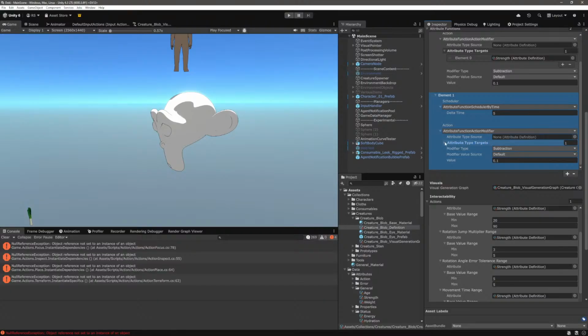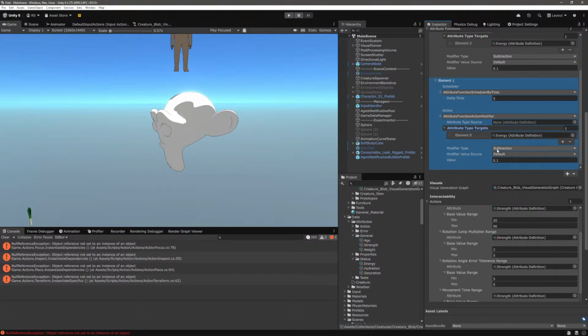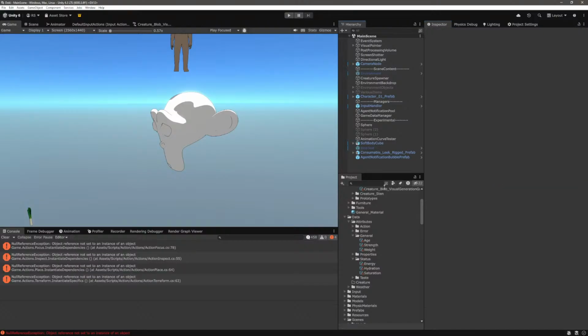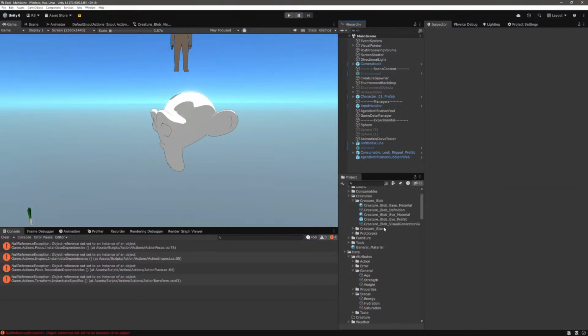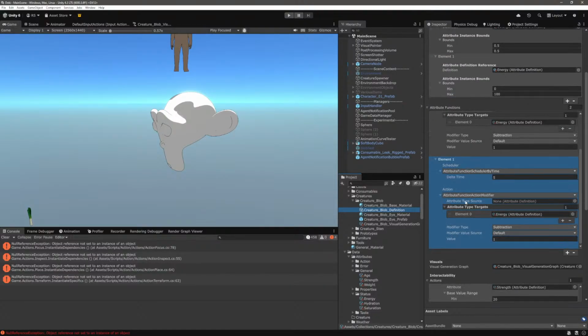And then we do 1 here, but it's going to be energy. Subtraction, we're going to subtract with 1. And then we jump to, I still want to be here, definition, but we want to jump to